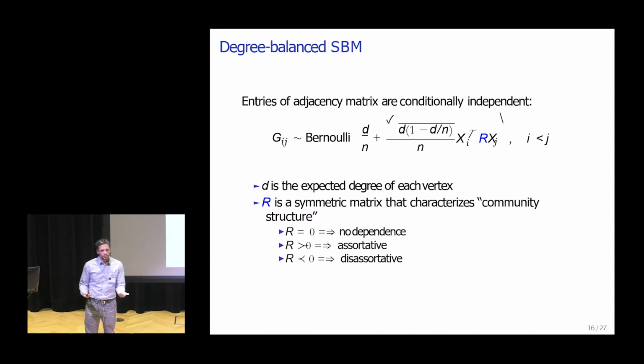Next, I need to think about how we are going to generate the stochastic block model. So the general stochastic block model allows a matrix of k by k possible interaction terms. Here, the only difference is before I had a single number r that characterized the strength of relationships. And now I'm going to replace that by a matrix. So this is a k-1 by k-1 symmetric matrix. Again, if this matrix is 0, there's no structure. And I could say things like if it's positive definite, this is assortative. If it's negative definite, it's disassortative. But it could be indefinite. So we could have both assortative and disassortative structures. There's no rule about how you have to choose it. So this is a very general setup. And again, the D just controls the average degree.